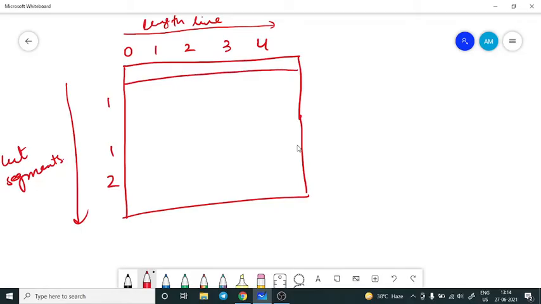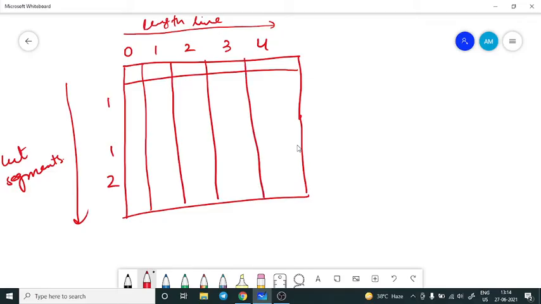So let us now draw this DP table. It is a 2D DP table where I have initialized my states such that this horizontal one denotes the line, and this denotes the cut segments I am allowed. So let us draw it completely. Initially, I have to handle some edge cases or cover my base condition. So this one is also 0.